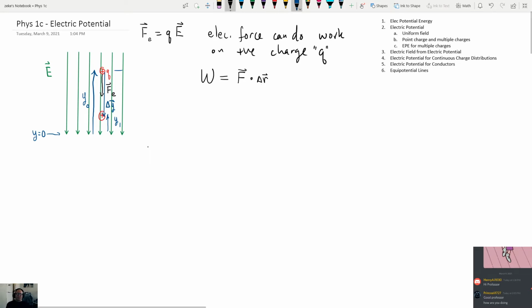All right, so then what we would have is that the work done on this particle would be equal to the size of the force, which in this case is the electric force. So this is equal to Q times the electric field. And we would dot product that with the displacement, which in this case is delta y. And when we do this dot product,